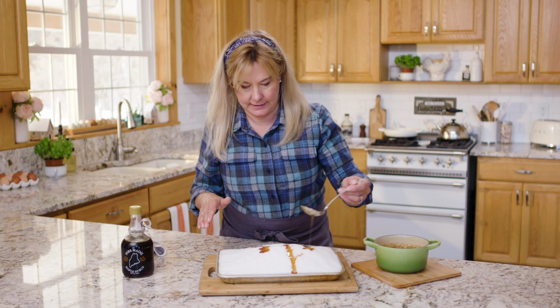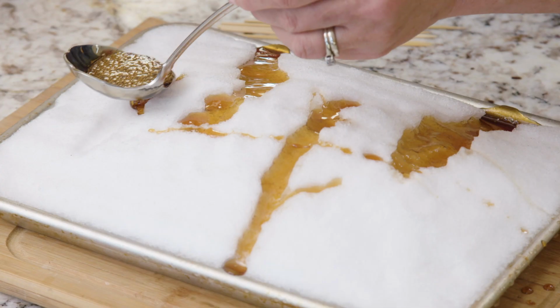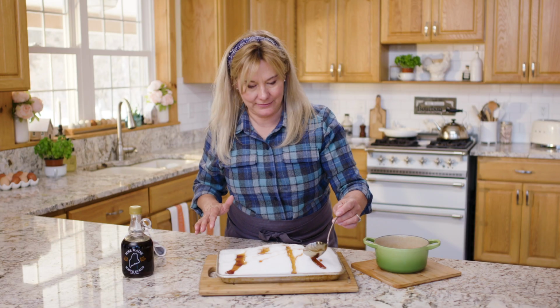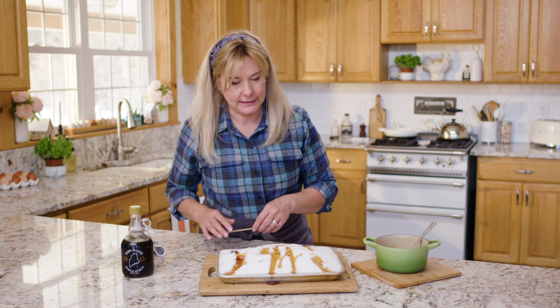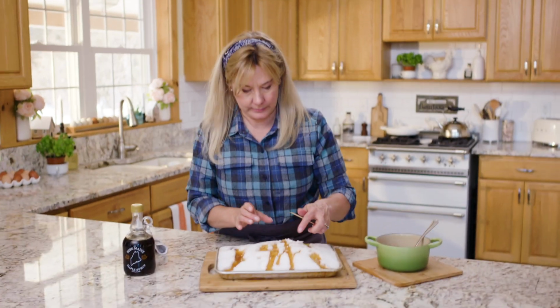Probably shouldn't have it domed. Should I scrape it? Make a little track for it. Doesn't have to be perfect, you just want some maple tracks in the snow. And they're gonna harden up. Oh, they did harden up. Good deal, okay. And I'm just gonna give them a